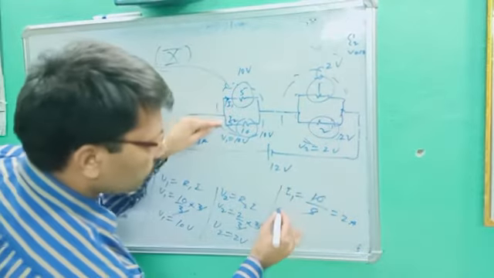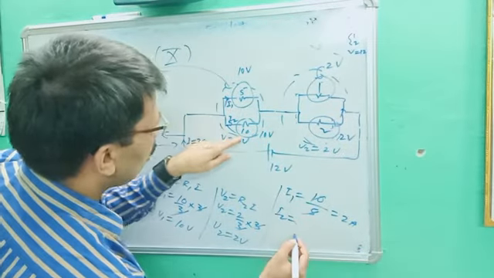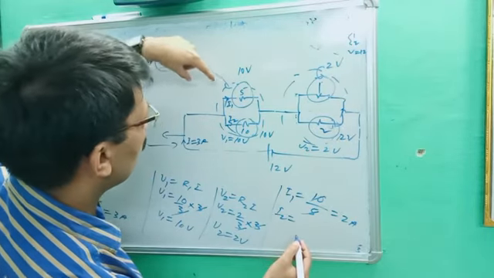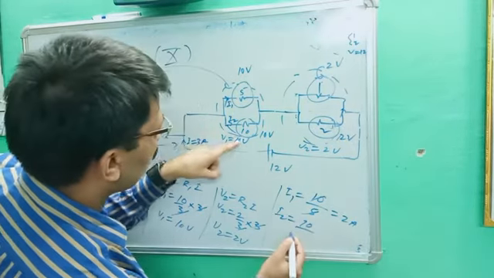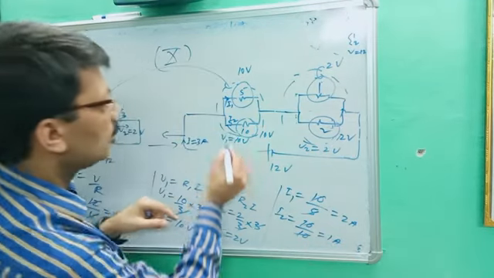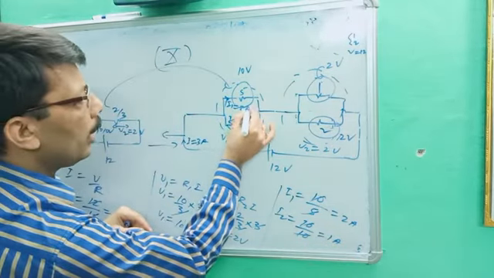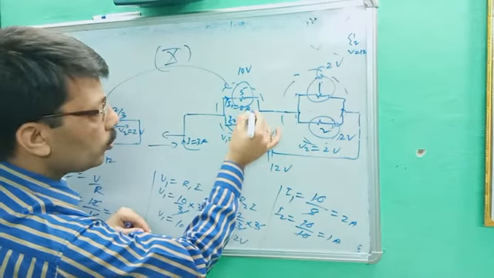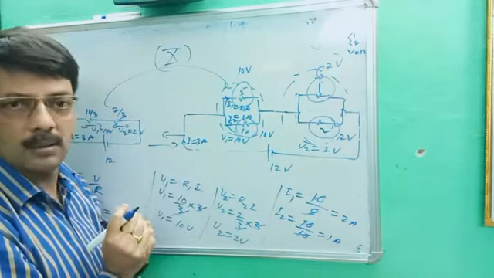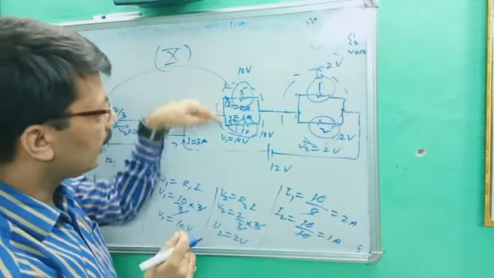And how much current is drawn through this one? I2 is equal to V upon R. So V is 10 upon resistance, which is again 10. 10 cancel. How much current is drawn? 1 ampere. So I1 is equal to 2 ampere and I2 is equal to 1 ampere. 2 plus 1, you better know, is 3 ampere. That much current is drawn through that and that circuit.